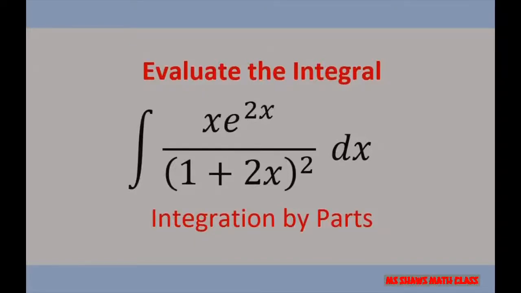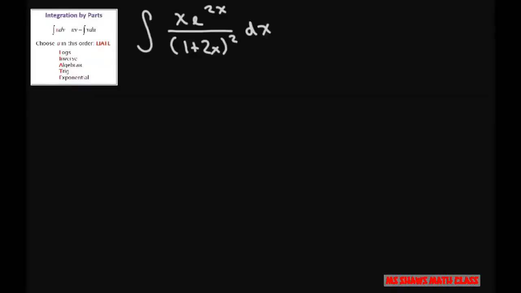Everyone, we're going to evaluate the integral given and use integration by parts. So here's our integral and integration by parts. This is the formula, and we're going to need to find u and dv. We're going to choose u based off this order. So given what we have here, we're going to let u